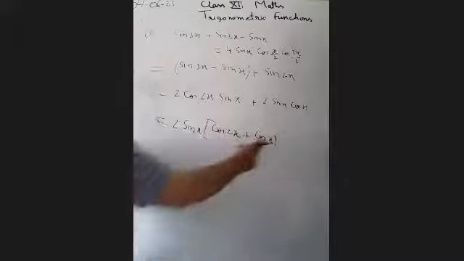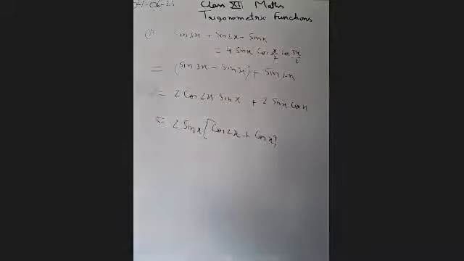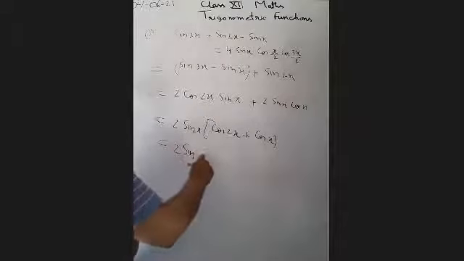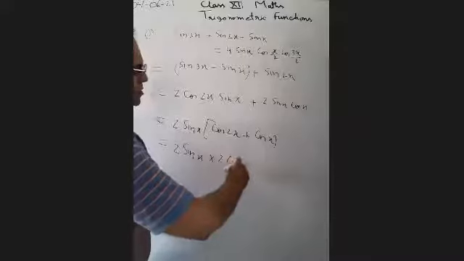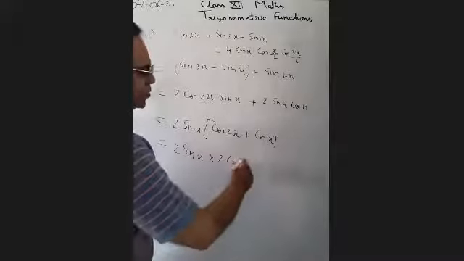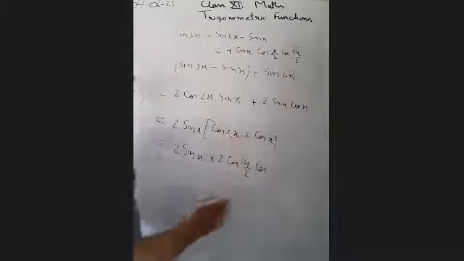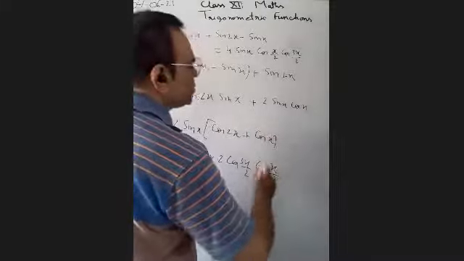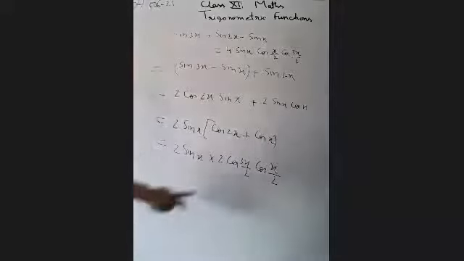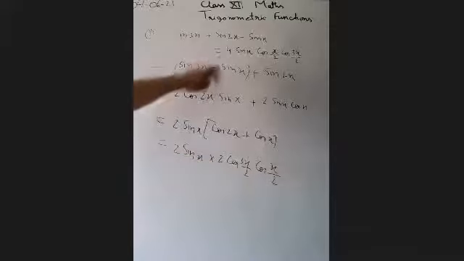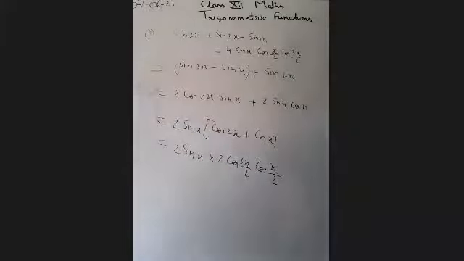Okay. Now we can again apply this formula cos c plus cos d. What will you get? 2 sin x, 2 cos of c plus d, that is 3x upon 2, cos of 2x minus x, x upon 2, which is equal to the right hand side. Just see 4 sin x cos x by 2 cos 3x by 2, which we had to get. Now, this was the result we had to prove. So question number 7 we have completed.